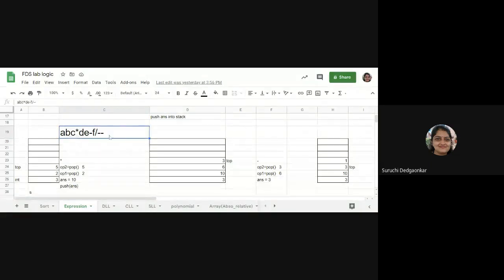Now we will start accessing this expression from left to right, and there will be either an operand or an operator. If it is an operand, we will read the value of that operand from the user. What is the value of A? A is an operand. Then what is the value of A? And that value of the operand will be pushed into the stack.